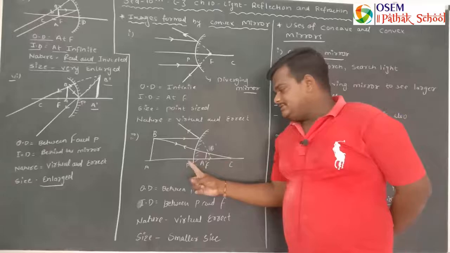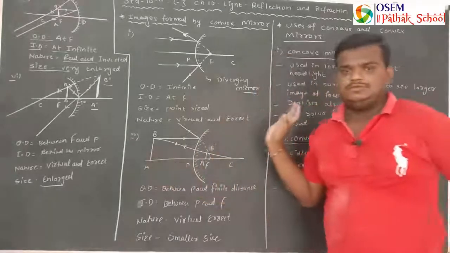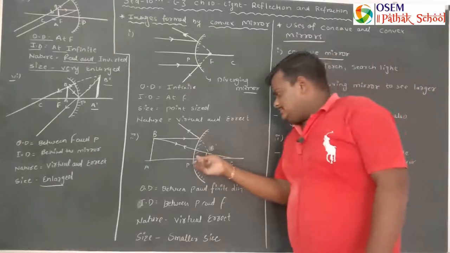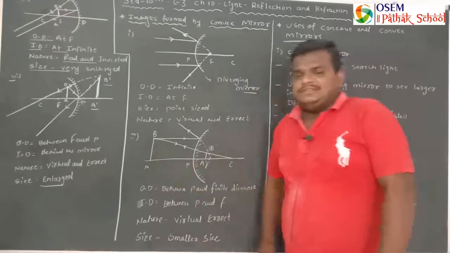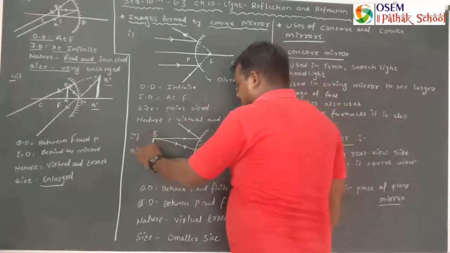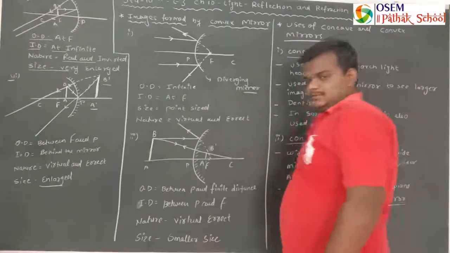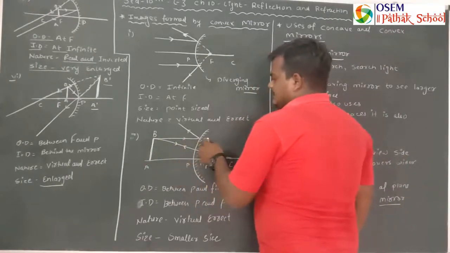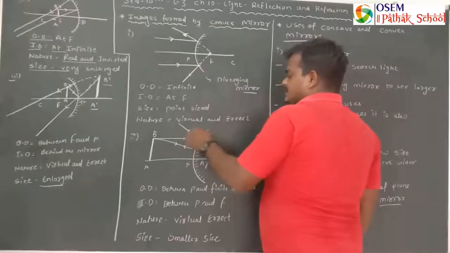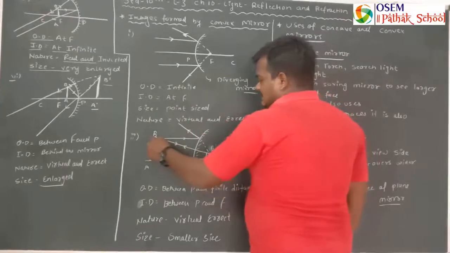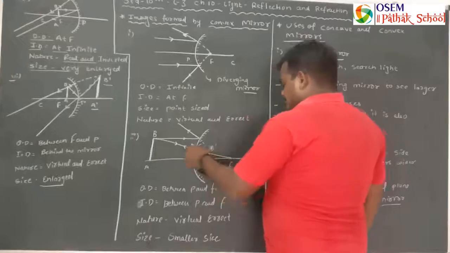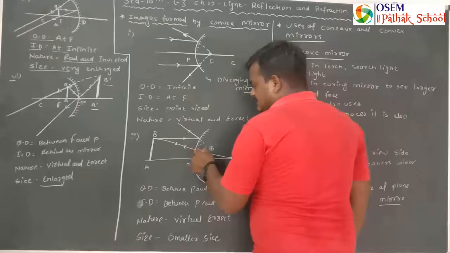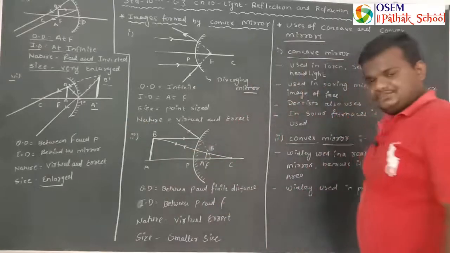object is placed between P and finite distance. दूर नहीं है, it is कोई finite distance पे place किया. So object is placed between P and finite distance. So here object AB is placed in front of this convex mirror. So first ray goes parallel to the principal axis. It gets reflected, because this is a diverging mirror, so it is reflected in this manner. While the second ray goes to meet from the center of curvature. So after striking here, it gets reflected in the same direction.